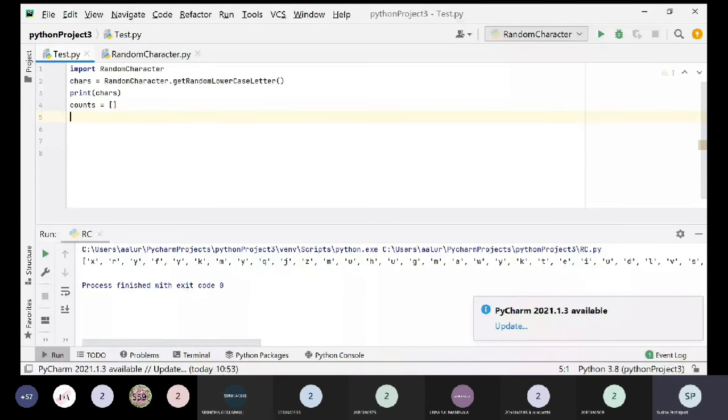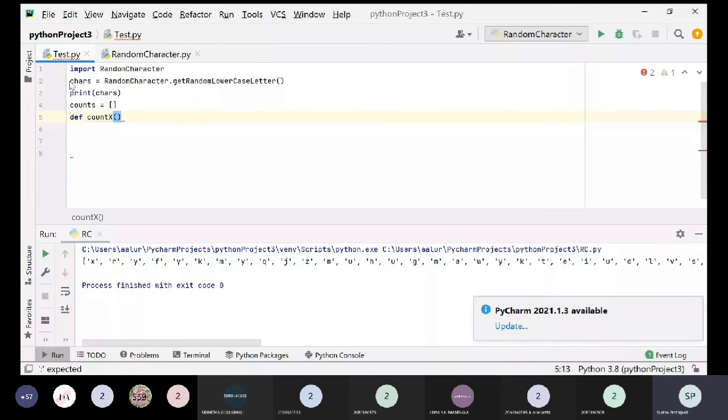I need a function which is count x. This count x is a function which will individually take a character and count the number of occurrences of that character. For example, I'm asking it to count the number of occurrences of A in this particular list, which is chars.